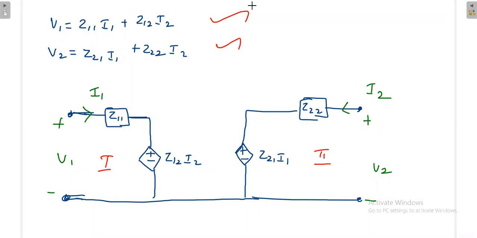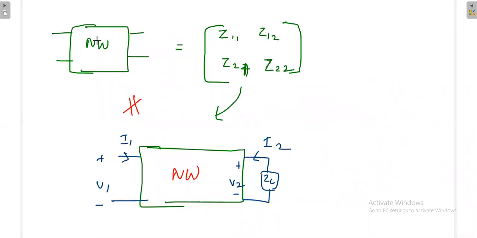So if you connect your source and load to this network, finally it will provide the same performance as the original. The original network could have been in some other format, we do not know, but this network and a newly constructed network will perform in the same way. That is the idea of the two-port network theory. Once you are given a circuit, you should be able to write it as two-port parameters, or otherwise, if you are given two-port parameters, you should be able to construct the model circuit.